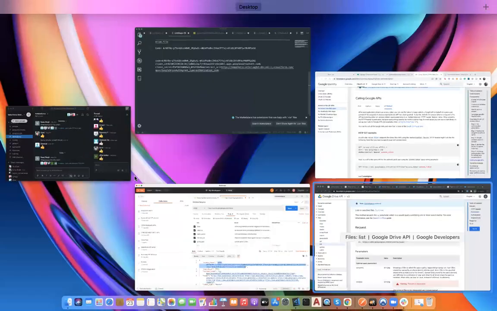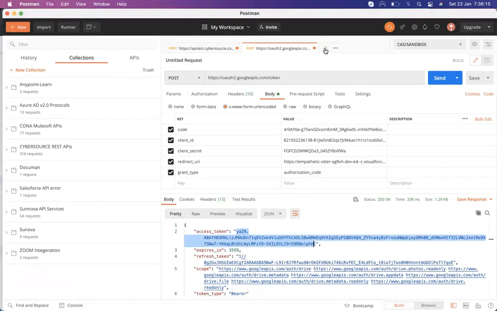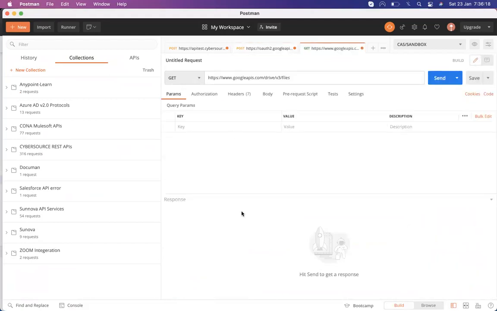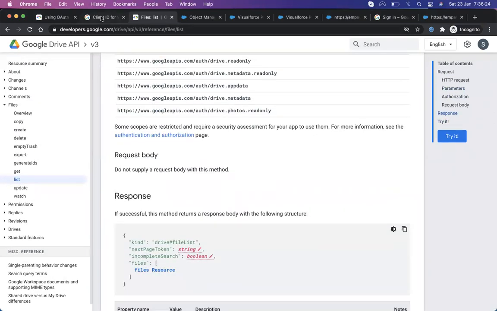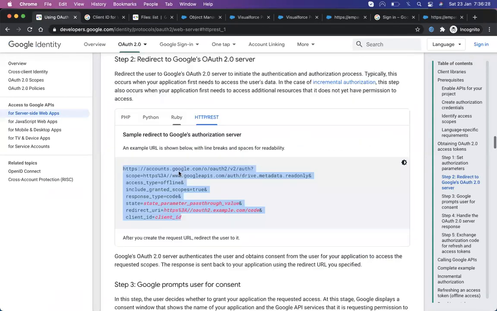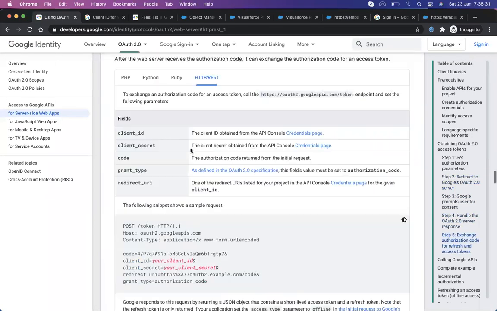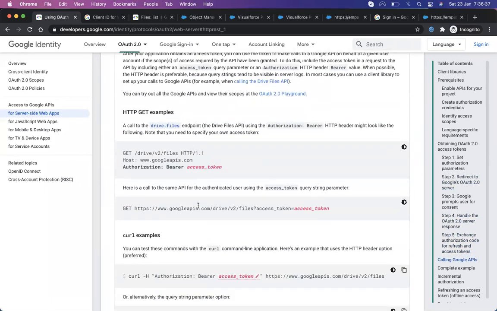Then it is mentioned that we need to use the GET request. So let's create a new request and paste a GET here. GET is already up here. Then for accessing that, how we pass the access token is also mentioned somewhere. We got the code, we got the access token. Now we can pass the access token in this way, and we can also pass it in another way.